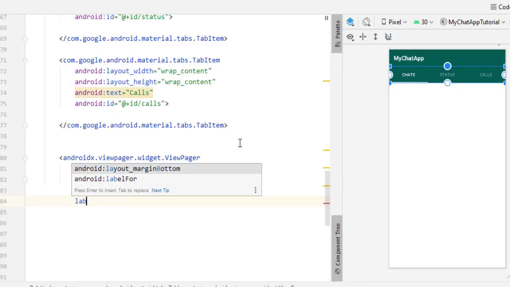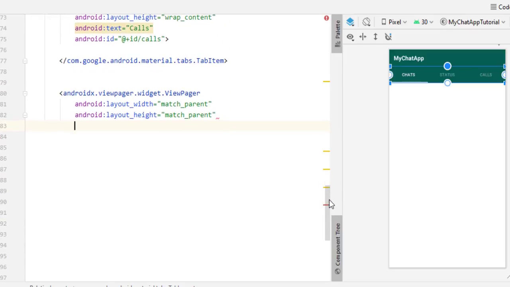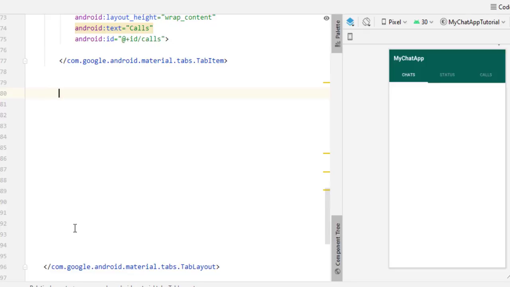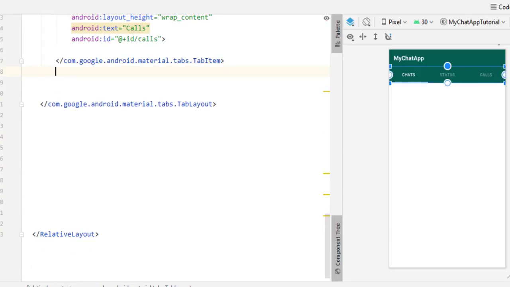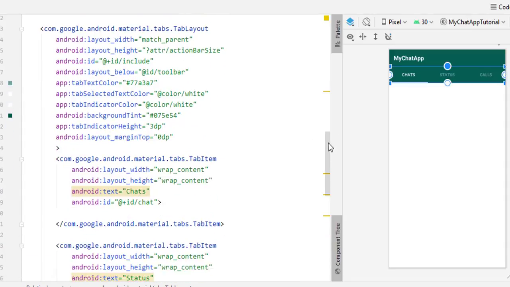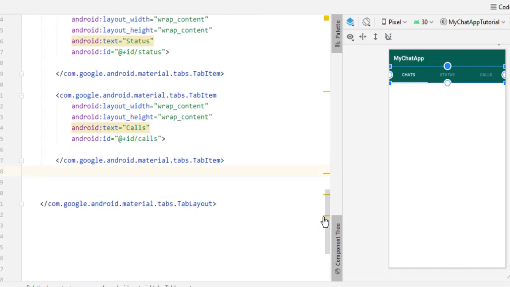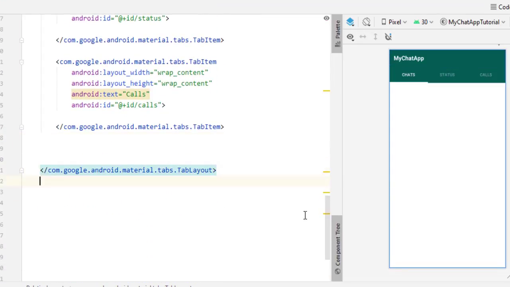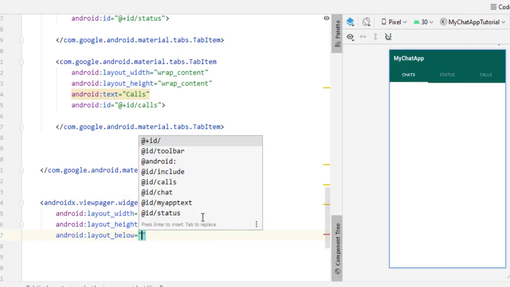And inside this layout, I have to type layout below, but it is not showing layout below because I made a mistake. So simply cut this code from here, Ctrl X cut, because I have to include the view pager below the tab layout. So first I want to show the code hierarchy. You can see this is our tab layout, and this tab layout contains 3 tab items. Tab item 1, tab item 2, tab item 3. So this is done. Now below this tab layout we need to take view pager. So now when you type layout below, it's showing this.